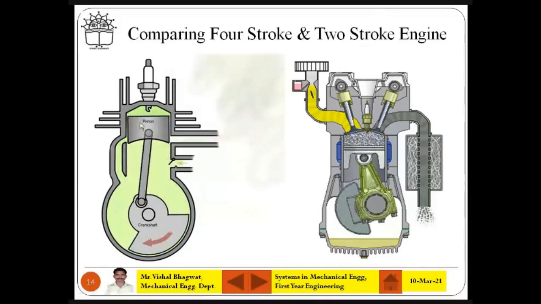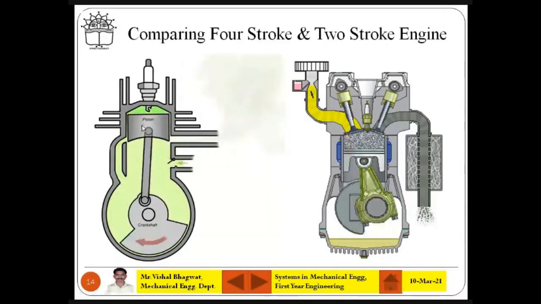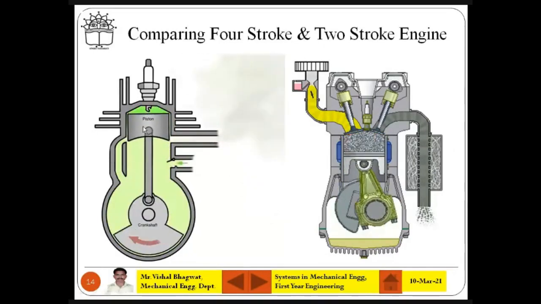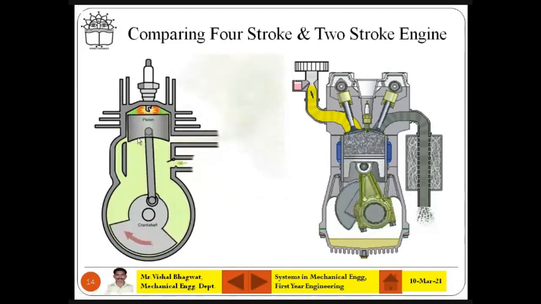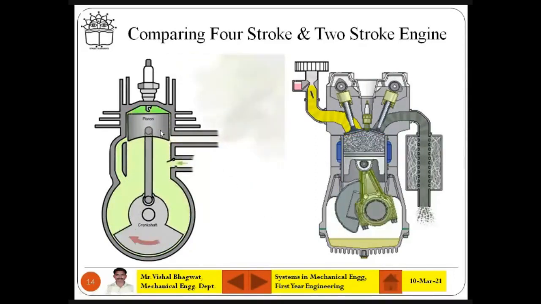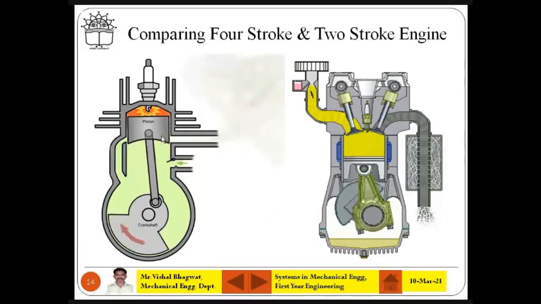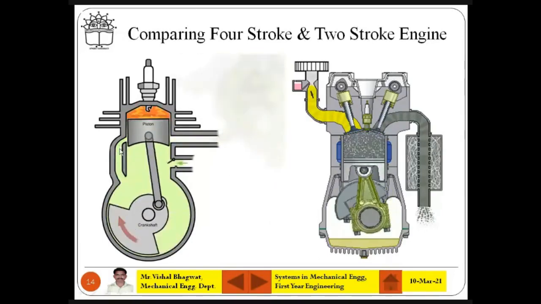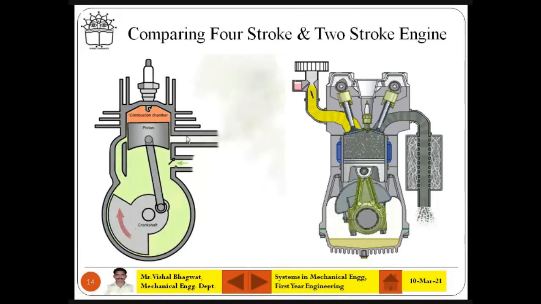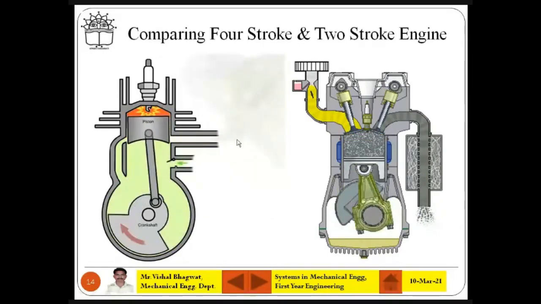What you can observe is that the new fuel going inside the combustion chamber is pushing out the burnt gases. Can you see it? The exhaust port and transfer port are getting uncovered at the same time. Of course, there will be a very minor difference, but they are getting uncovered almost at the same time. So when the new fuel is pushing the burnt gases out, some portion of the new fuel also goes outside the engine.